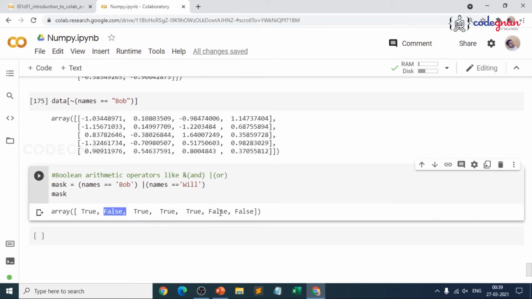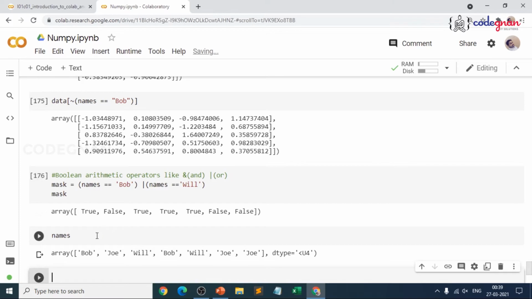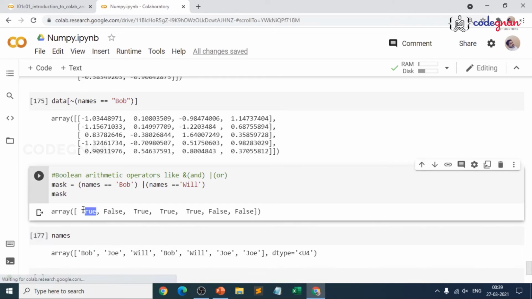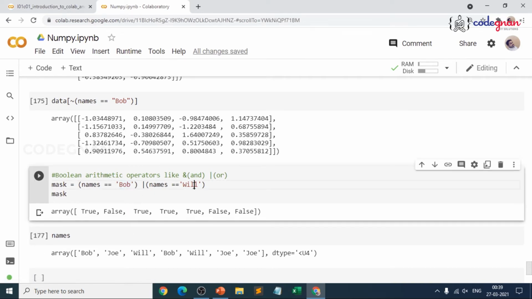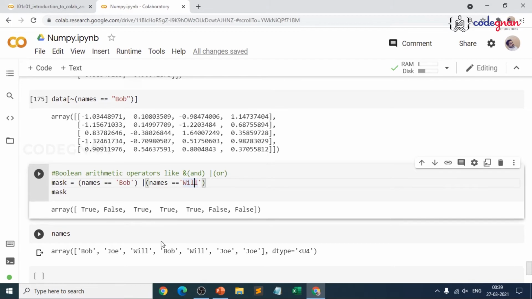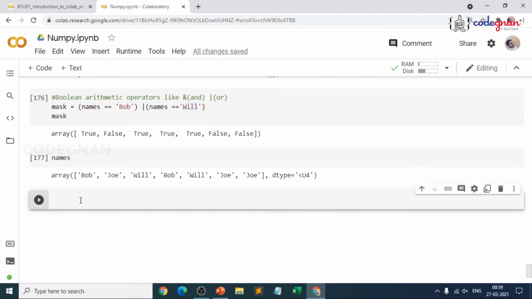In the second index. If you print names, you'll understand. Wherever Bob is present, it is true because we gave Bob. Why is it false? Because it is Joe. I mentioned Bob or Will. That is the reason wherever Bob or Will is present, it gives true. If it is other than Bob or Will, it gave you false. So that is how you could understand.